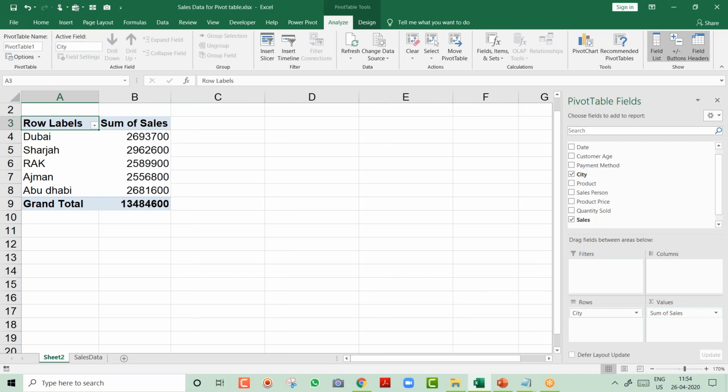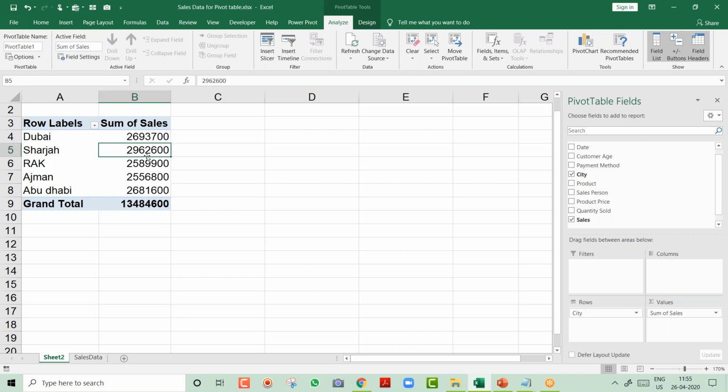Now just wait a few seconds and think how simple it was to create this summary report. I just went to Insert, clicked on pivot, dragged city over here, dragged sales over here, and your work is done. Now think, friend, if you had not known the pivot table, you would have had to do it with filters. So 5 times you have to apply filters, check the sales, copy and paste, or you have to do the subtotal.